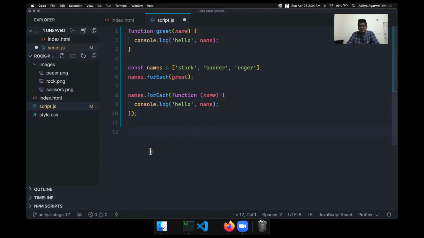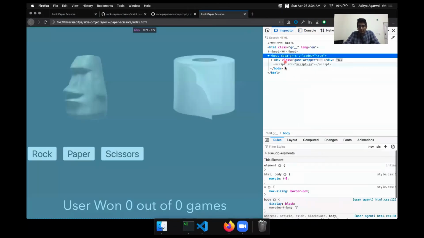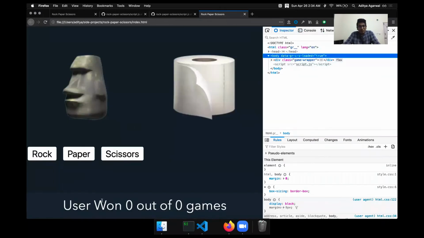And the most important thing is DOM. DOM stands for Document Object Model. Basically, what happens is that in your HTML, you want to change this HTML from your JavaScript, right? You want to change this value from there. So there should be a way for the JavaScript to tell the browser that this content should change, and that intermediate thing is called DOM.